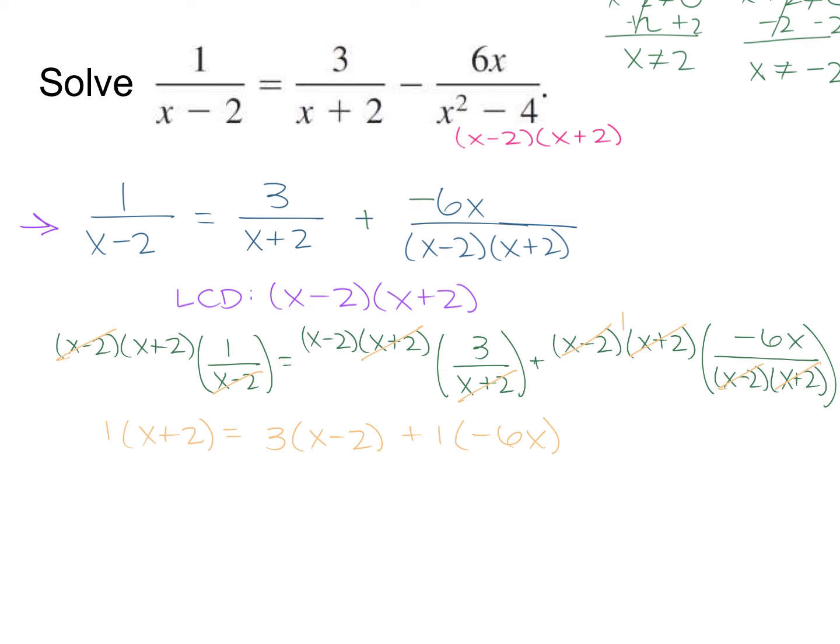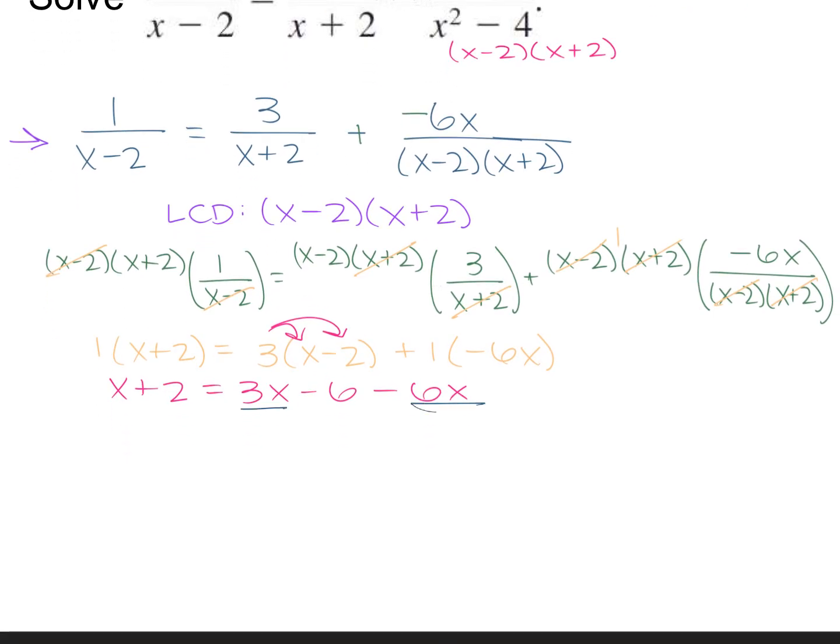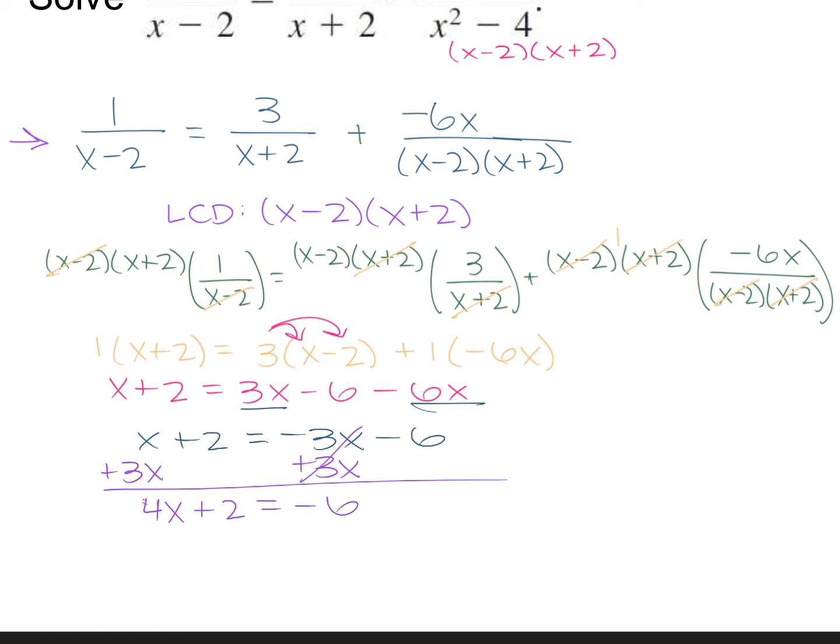From here, I'm just going to distribute or multiply. So I'm going to have x plus 2 is equal to 3x minus 6 minus 6x left over. I'm going to combine like terms on the right side. So that's going to leave us with x plus 2 is equal to negative 3x minus 6. From here, I'm going to move my 3x over so my x's are positive. Plus 2 is equal to negative 6. From here, I subtract 2 from each side